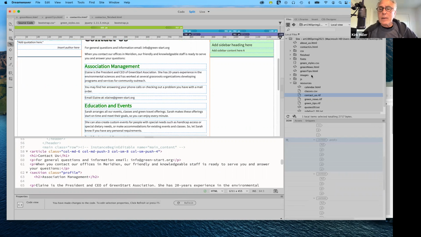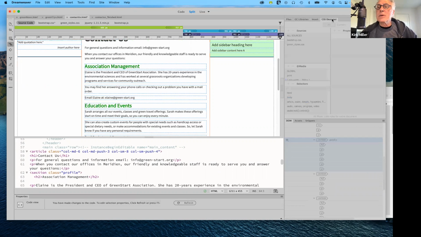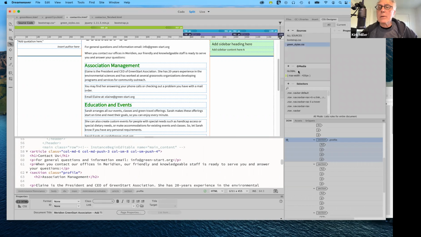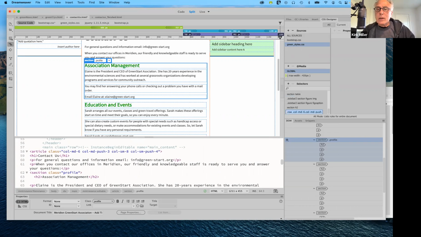So now that I've added that, I can go ahead and add one over here. Let's go ahead and go to our CSS designer. I want to make sure that green styles is selected, global, and let's go ahead and add profile. So profile, anywhere where a class profile has been added, it will contain these particular properties. So under selectors, I'm going to add that. And I'm just going to add dot profile